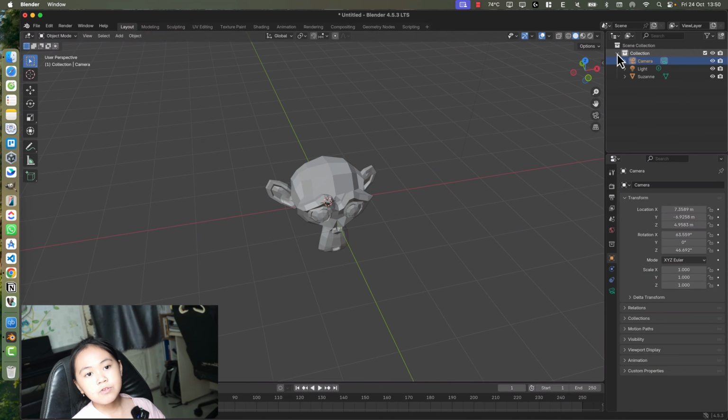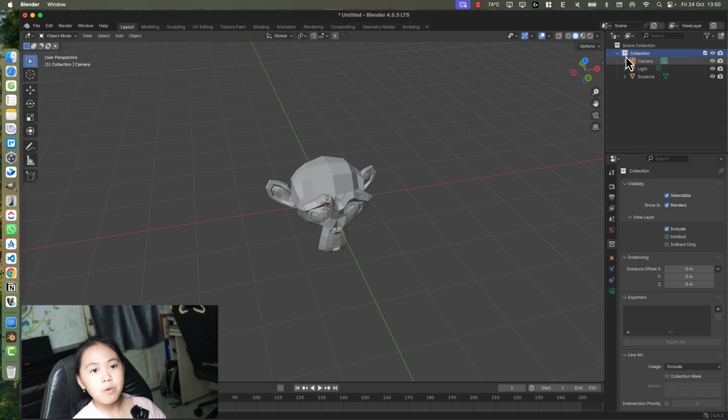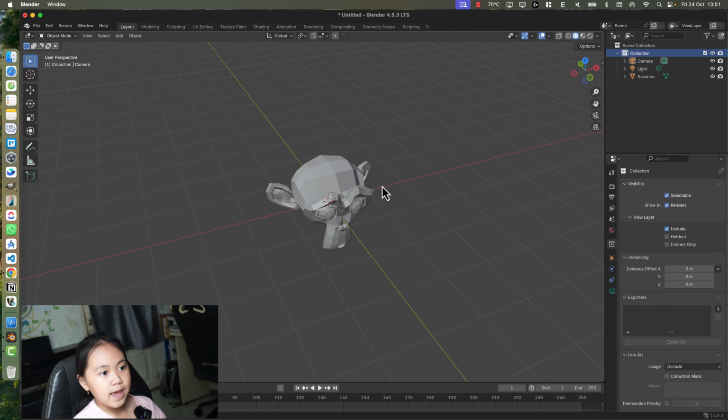Okay, so you can see there's a collection too, and it works basically like how the icon represents, which is a collection box, and it's really simple. One of its basic forms is just to help you organize. You can click these arrows and boom, organized. And this can be really useful in, once again, production, because once you have a big production, there's a lot of things and a lot of meshes and objects to work with, and finding them in just one big list is really insane. So you can create a new collection and organize them and name them. For now, we won't use them. Okay, so now